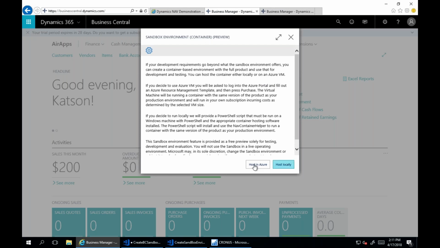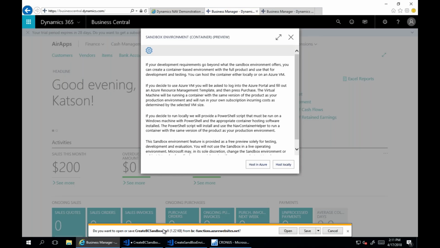Another option, we can use a container. And if we use a container, we have two buttons here, host in Azure or host locally. If we click on host in Azure, an Azure template will open, like usual before for a preview of development environment. Or you can click host locally. So what does this button do? It downloads a PowerShell script for us,